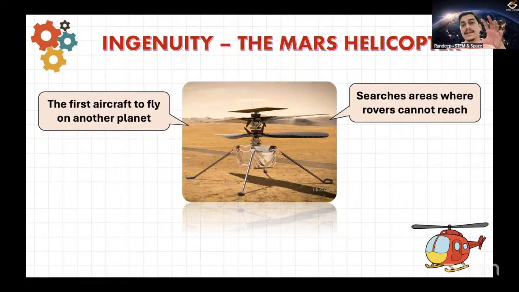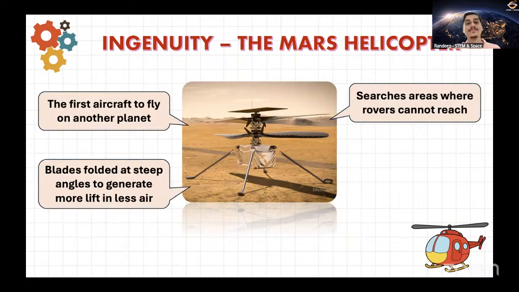For example, in some kind of valley, in small holes or small craters or depressions, the rover will not be able to examine the surface. That's where this Ingenuity comes into play. And let me also tell you that this Ingenuity helicopter is actually very small in size. It's not that big. It can easily fit in very small crevices and depressions present on the Mars surface.